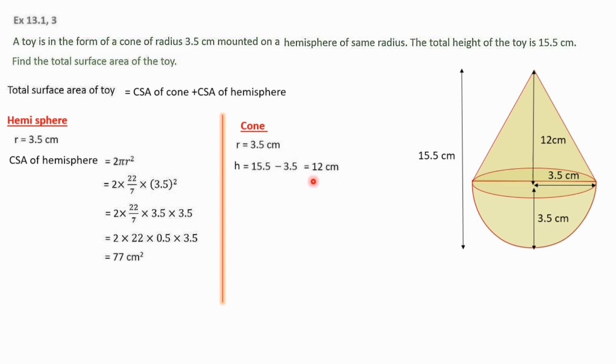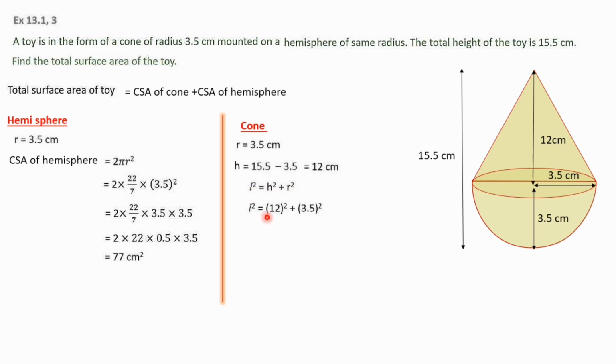Of cone, especially in the case of cone, because there always one term will be missing. R, H and L will be there, one will be missing. So you may have to calculate the third quantity. So you must be careful. Here we know the formula L square is equal to H square plus R square.